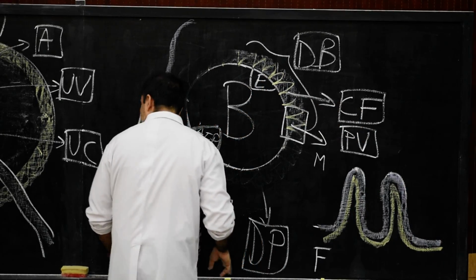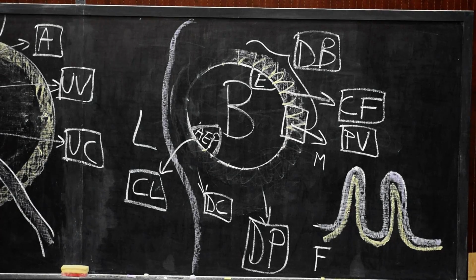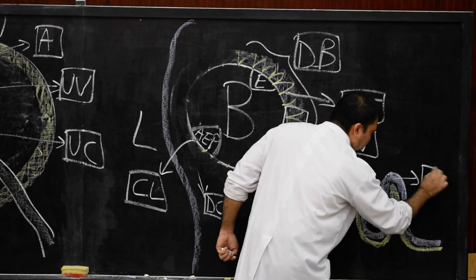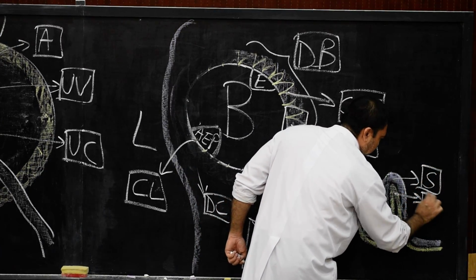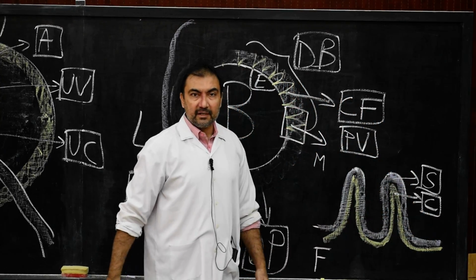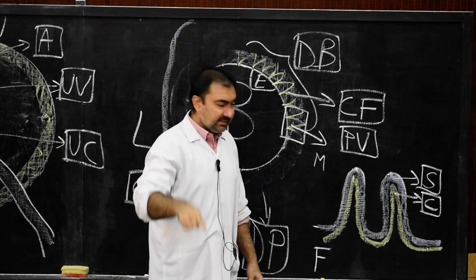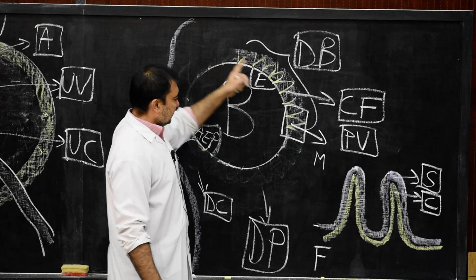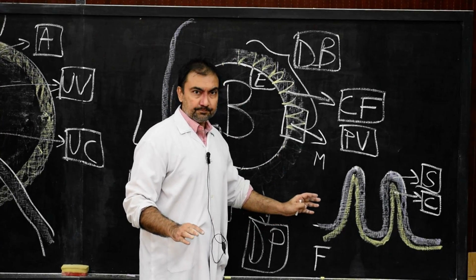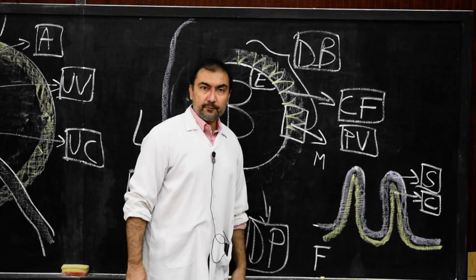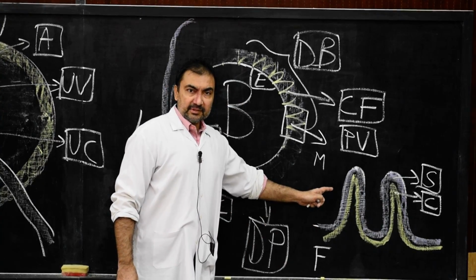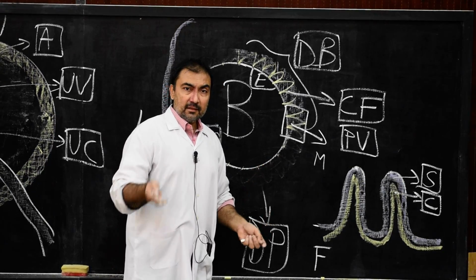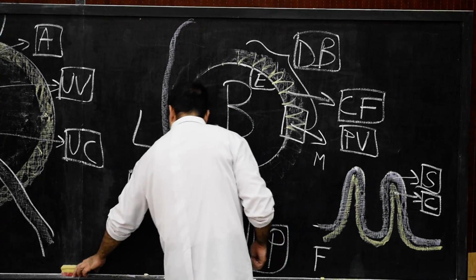Now if you mark these two layers, they will signify this is syncytiotrophoblast and this is cytotrophoblast, and this is the stage of primary villi. In the stages of development of placenta, this is the stage of primary villi. These villi will be surrounding the entire blastocyst. So this is the stage of primary villi in which we have cytotrophoblast and syncytiotrophoblast. Very simple. Now comes the stage of secondary villi.